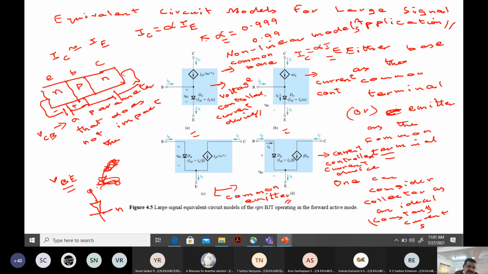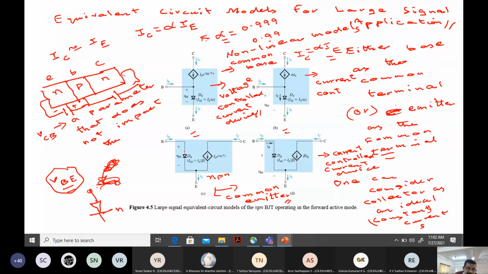You can see the input is replaced by a diode. That is exactly what is written. Here the emitter is the common terminal, IB is the current, and IE is flowing out, because this is an NPN transistor. I want you to draw similar circuits and think how to draw them for PNP, the same models. Try to think and do it. You will get a feel for what I am trying to say here.